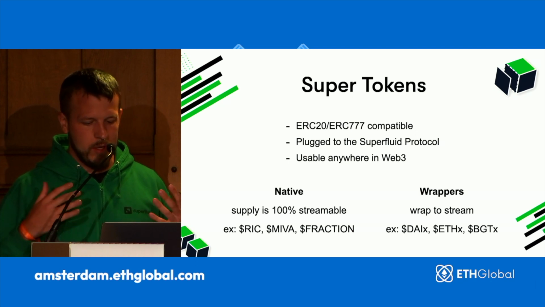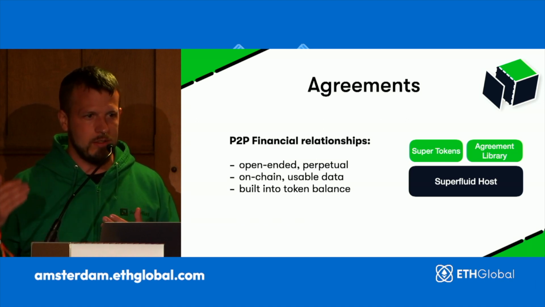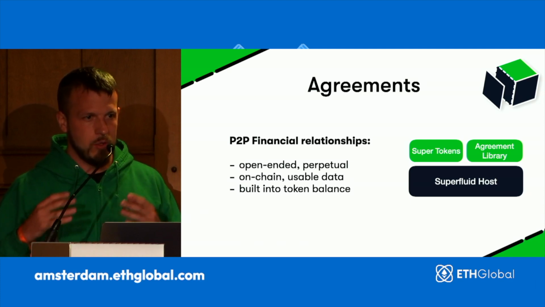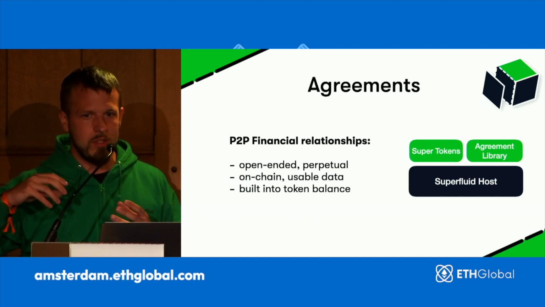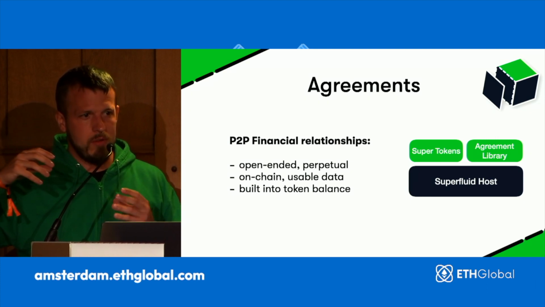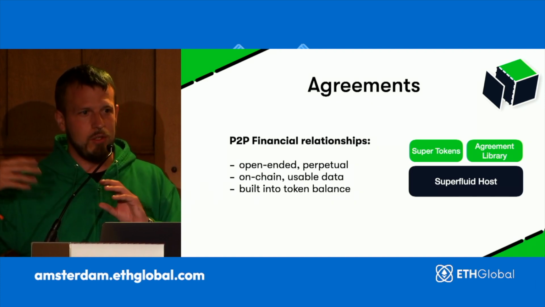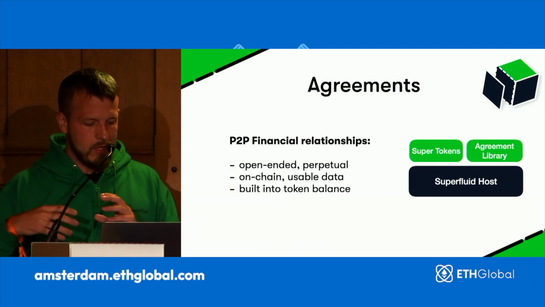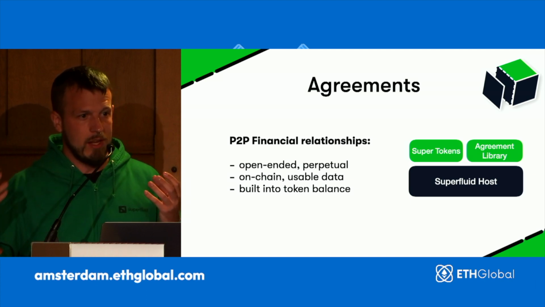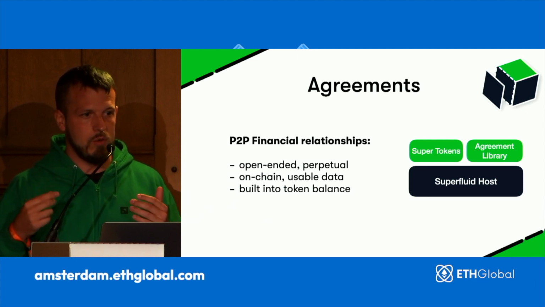So how do super tokens manage streams? This is through what we call agreements. Agreements are new functionalities that are built into the token, which are perpetual open-ended financial relationships between accounts. So normally when you move money, when you use transfer on ERC20, all you're doing is moving money from A to B at one specific point in time. When you open a Superfluid agreement, you're connecting two users' balances in a way that will last until you delete that agreement. So, for example, streams are a connection between A and B where you commit to transfer a certain amount of tokens every second. This agreement stays on chain, it's readable, it's usable in our applications, and it affects the user's balance.